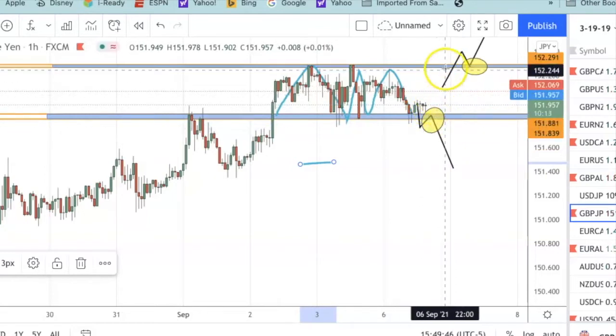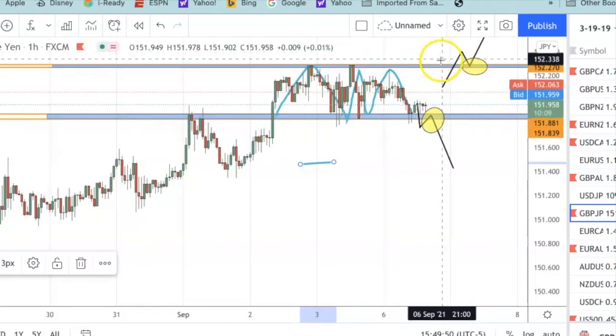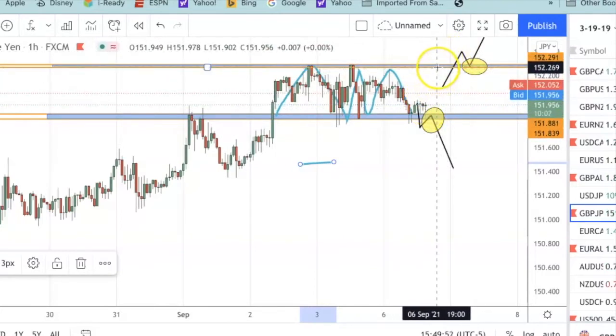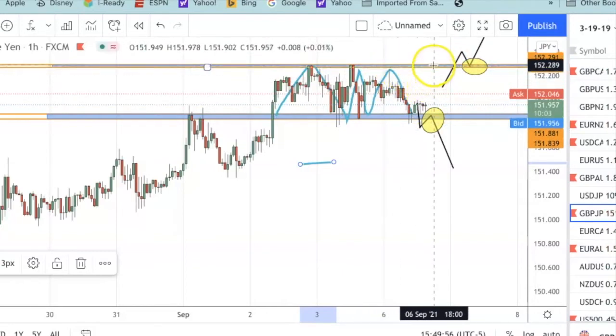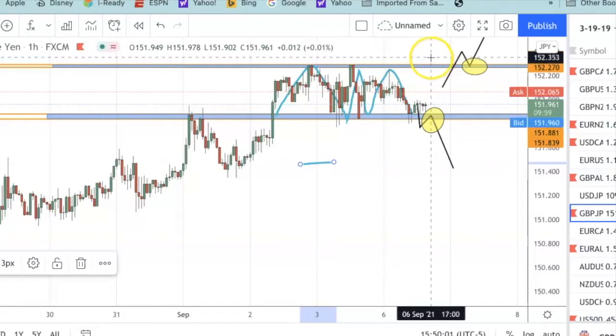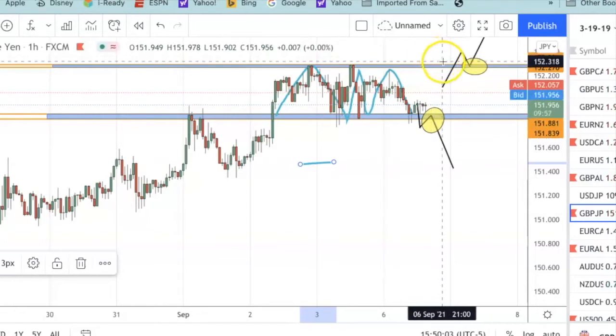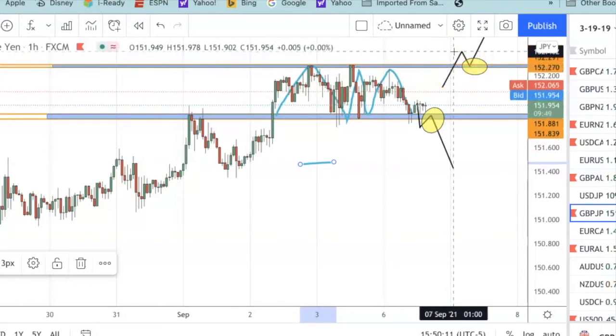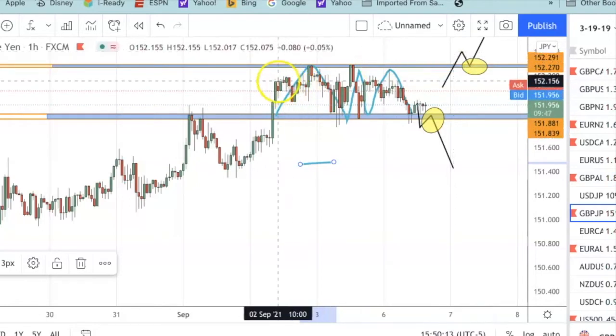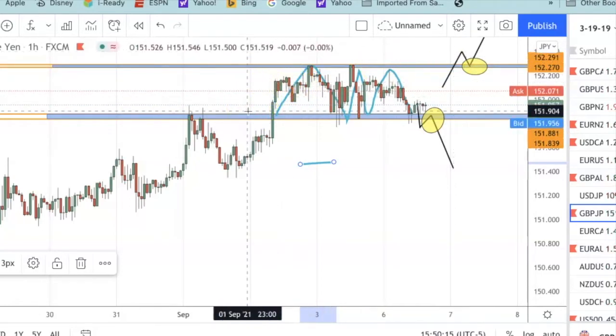It will be the same thing if it went to the high side. I'm waiting for it to break out. So my price action is I want a candle to break this zone. Once the candle breaks this zone, that's the price action I want to happen. If it closes and then retests into the zone, that's the next part of price action I want. If that happens and it continues to move to the upside, that's an indicator for me to get in for a buy. So in a nutshell, that's what price action is.